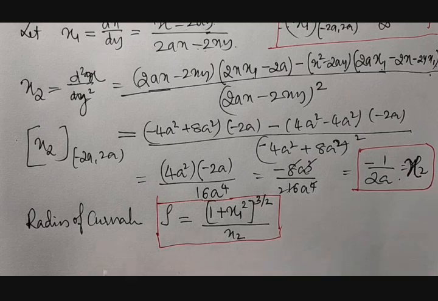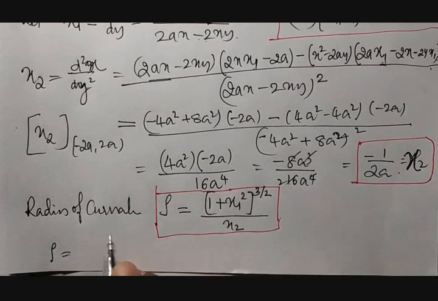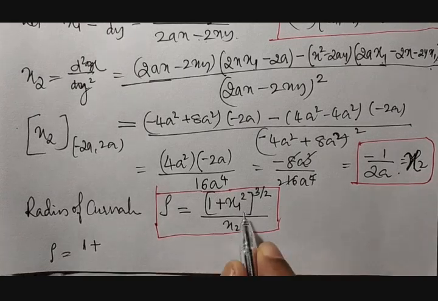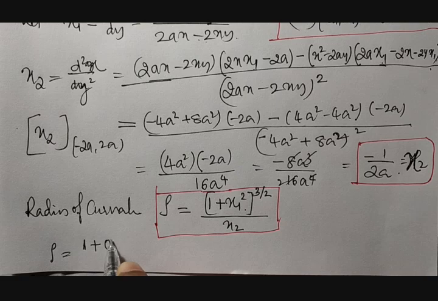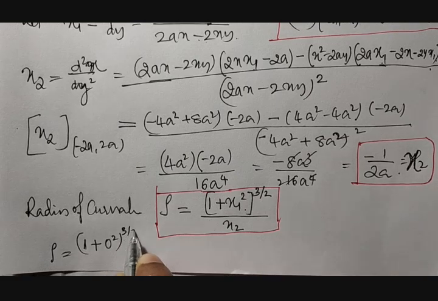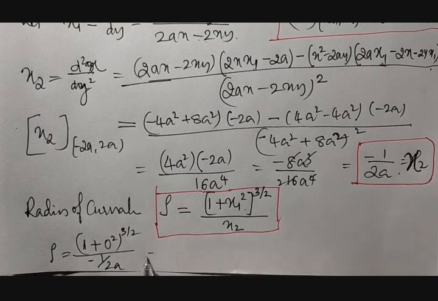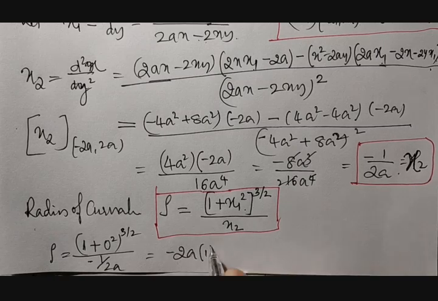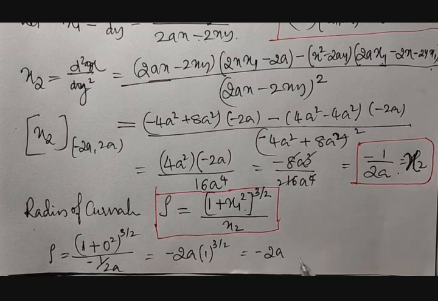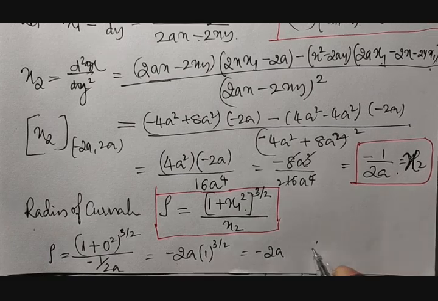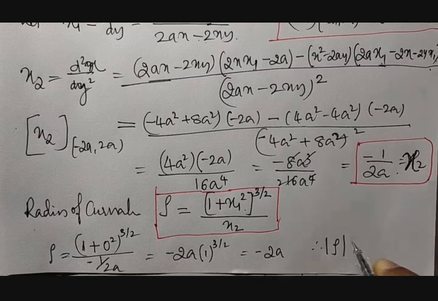Substitute the value in this case. Let us see what happens. Rho is equal to 1 plus x1 square raised to 3 by 2 divided by x2. x1 is 0. x2 is minus 1 divided by 2a. So it becomes minus 2a, it goes to the numerator. That is 1 raised to 3 by 2. That is nothing but minus 2a. Okay. But we need to get a positive rho. So it is